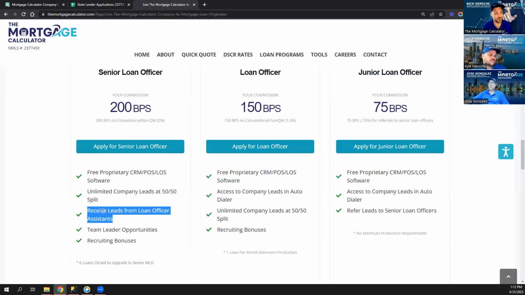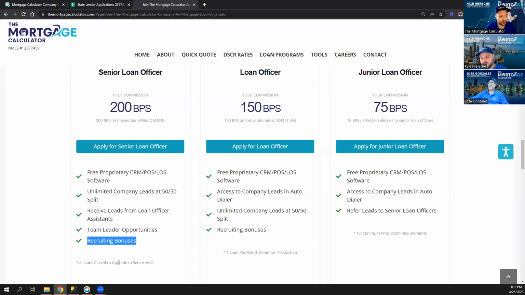You're going to make 75 basis points for being the loan officer assistant, and the senior loan officer is going to do the deal. So senior loan officers are going to receive those deals for spouses, or if someone's doing their own deal and they need some help, all the actual referral type deals. Those are the best leads we have. And of course, our senior loan officers can then upgrade to our team leaders, help people disclose and structure their files, and make additional basis points by helping people out. And there's recruiting bonuses for anybody if you want to recruit people to the company. Obviously, you can have an incentive for that as well at any level.